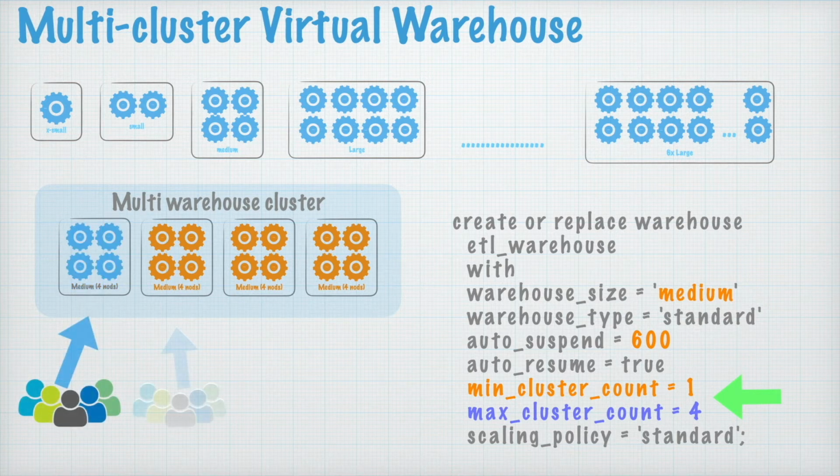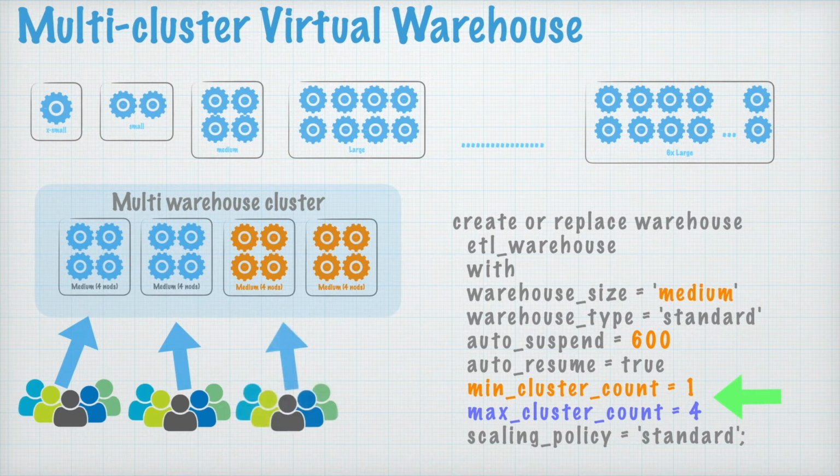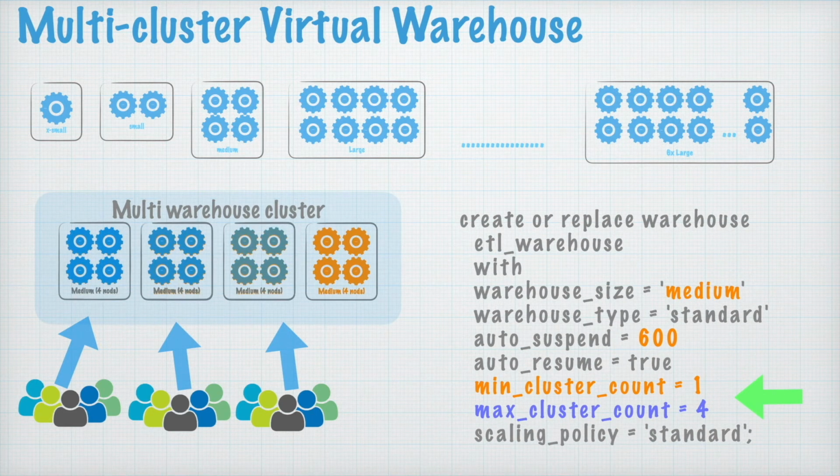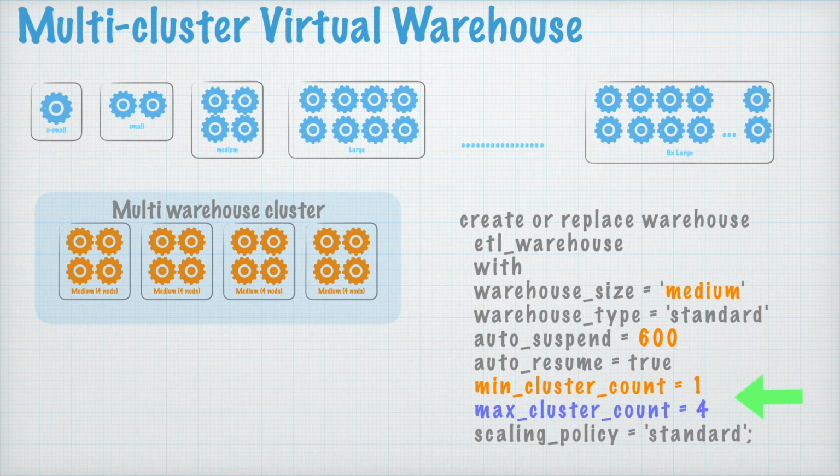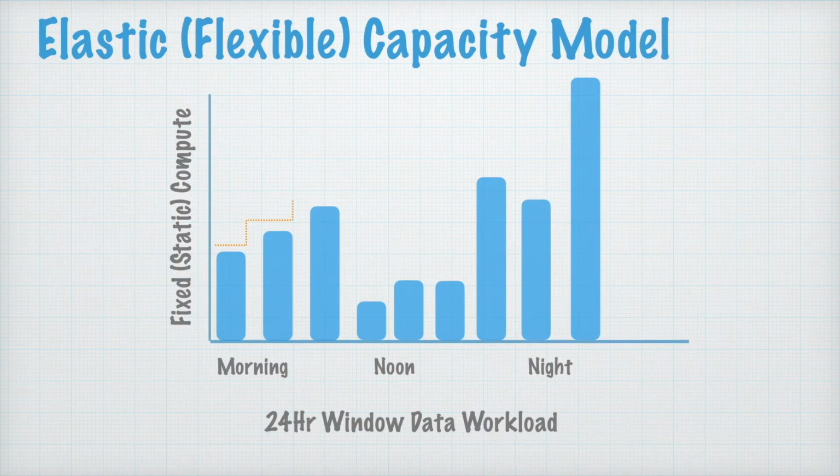When the first cluster is unable to serve all the queries as the workload increases, Snowflake automatically spins up another cluster of the same size and adds it to the group. You add more users, a new cluster comes up, and so on. When the user workload goes down to normal or zero, the clusters start suspending automatically and go to zero. And that's how Snowflake manages the multi-cluster environment to serve the unpredictable workload. You only pay for the time when the cluster is running, and it truly supports the elastic workload.